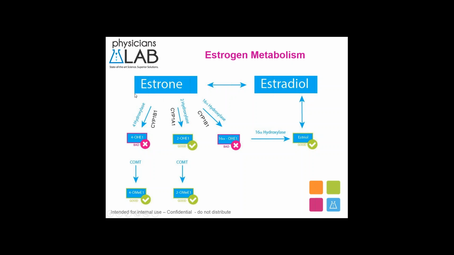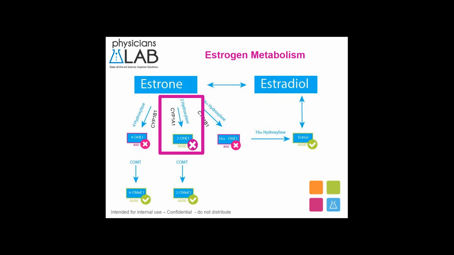And then we have phase 1 detoxification, which is E1 and E2 converting to one of these 3 pathways. Now, the best pathway is the 2-hydroxy pathway. 2-hydroxy doesn't bind very long, also has those protective properties that estriol has, some other really great properties to it, isn't really harmful in any way. Now, however, if there is a high level of 2-hydroxy, too much of a good thing isn't necessarily always good, right? If I have a high level of 2-hydroxy, this is probably going to indicate that my patient is estrogen dominant,